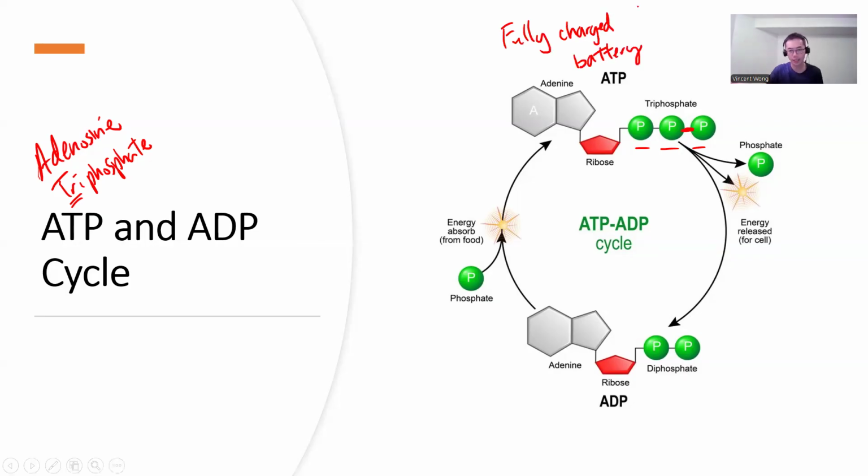Okay, you can use it as is. And in order to use it, you need to break off one of the phosphates here. So the phosphate comes off and energy will be released. Okay? But once you break off a P, then ATP becomes ADP. So this is depleted